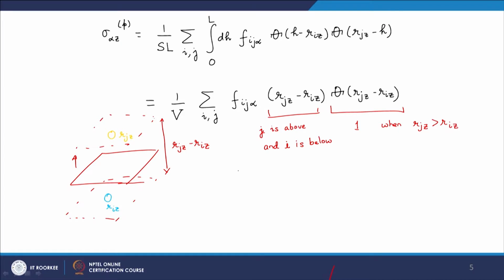Okay. That is the reason why I am putting r j z minus r I z. So, now if I define r j I as the difference between r j and r I vectors, then I can write my contribution to stress tensor